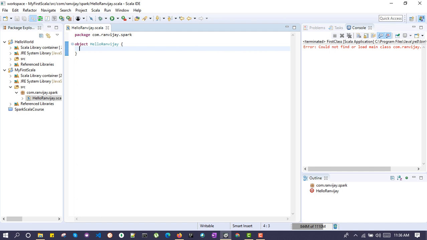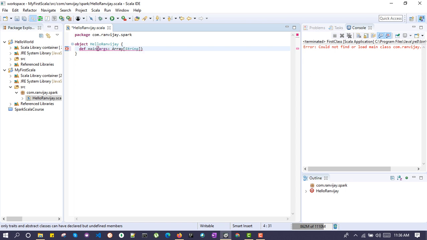We need a main method. To define a method, the keyword def is required, or define. You can say main. We need the argument args of type array. The syntax is a little bit different, so make a note of this thing.